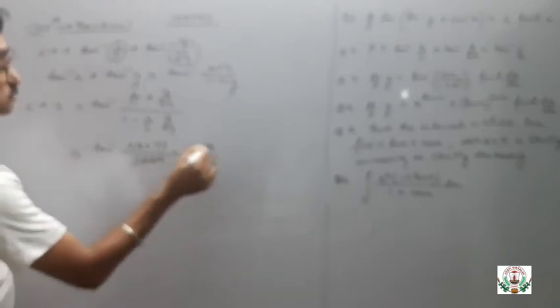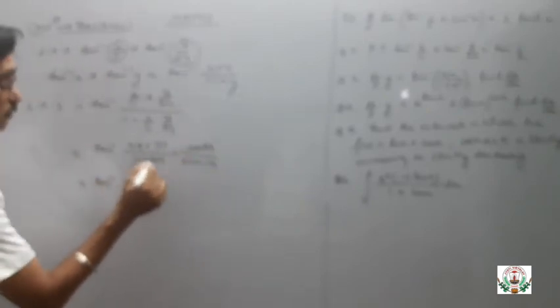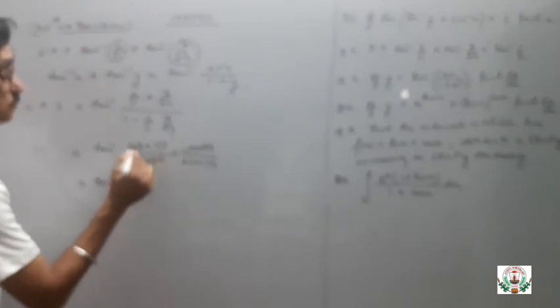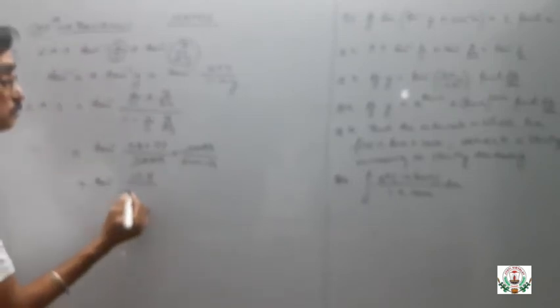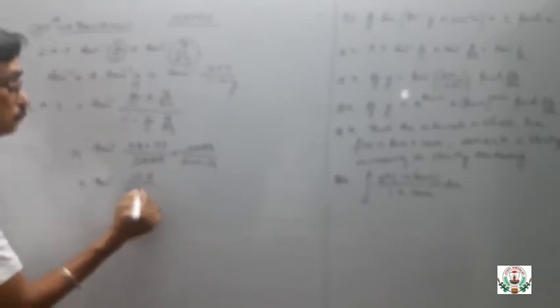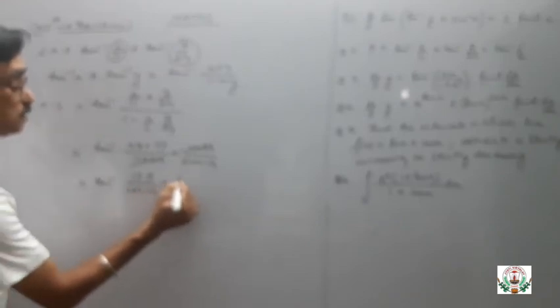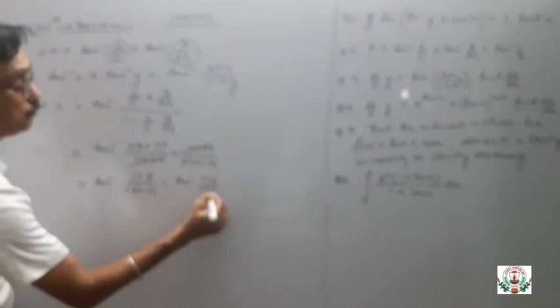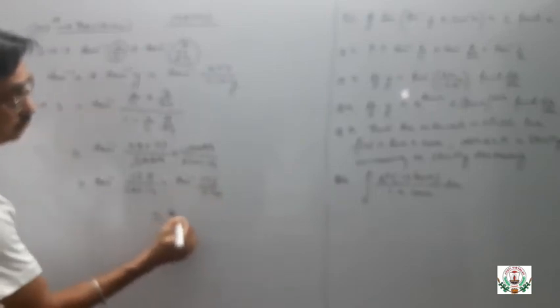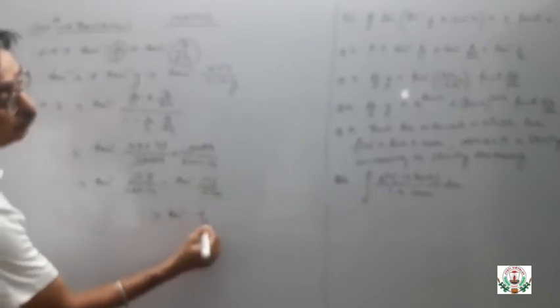So this and this cancel. So tan inverse of 48 plus 77 is 125, and 24 into 11 is 264, minus 14, that is tan inverse of 125 upon 250, which becomes tan inverse of 1 upon 2,